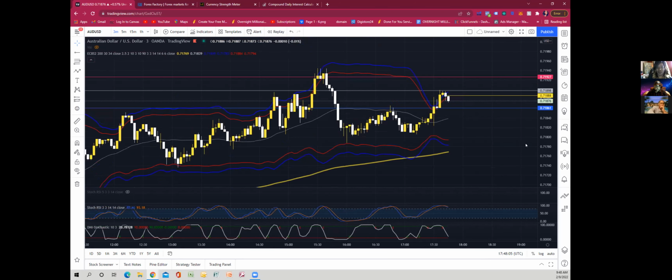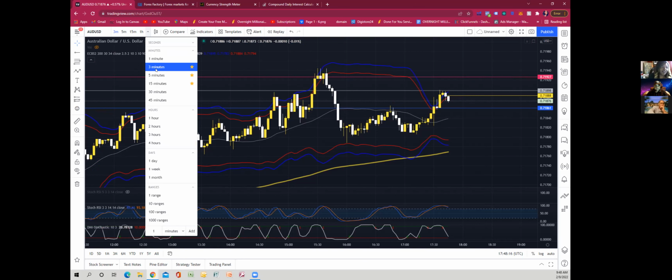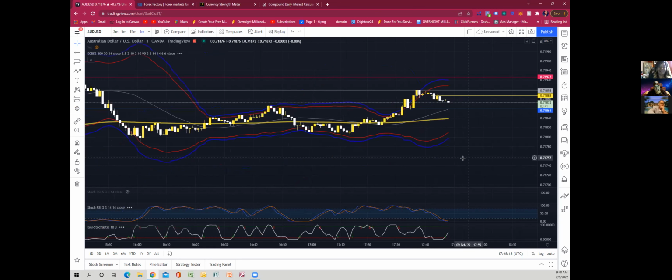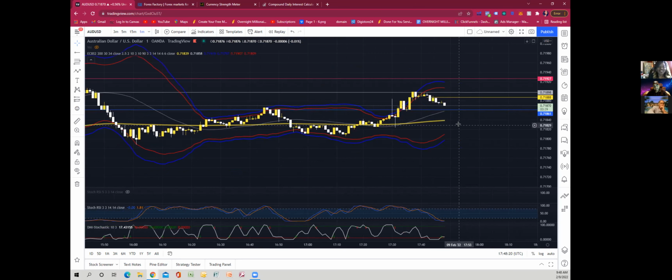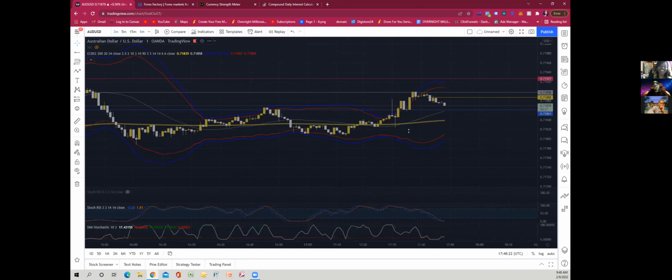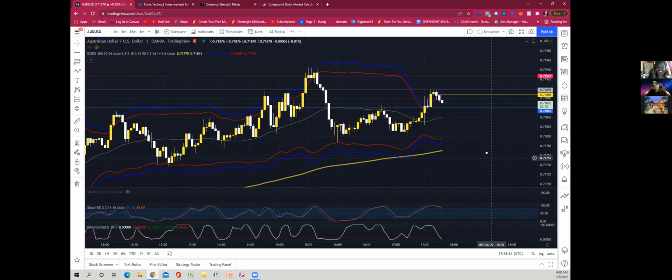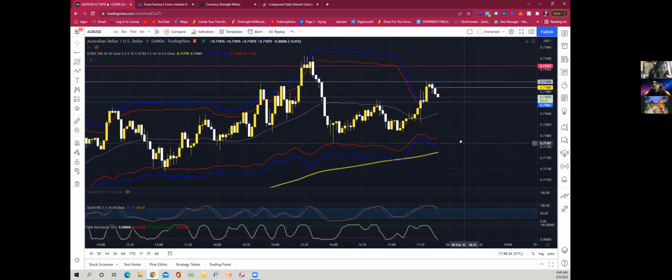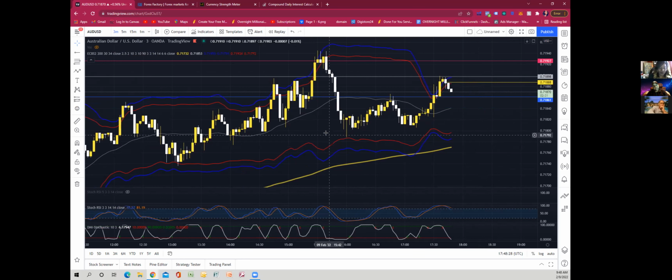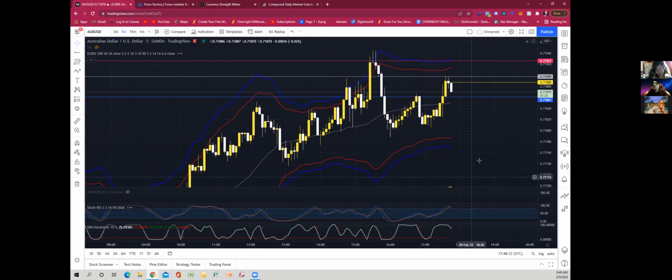But as you can see, y'all, it's beautiful. You in the clear. I love that. Look at that. And on the 1 minute, it's still dropping. That would have been a beautiful sell. Look at that. Still dropping. So that is how you want to look at it. You want to see the setup happening on the 5 minute.